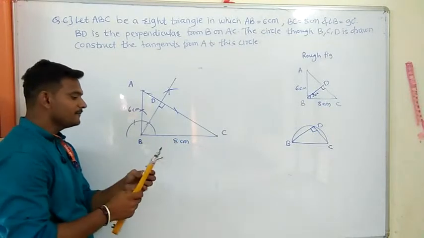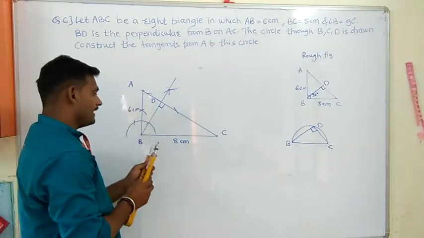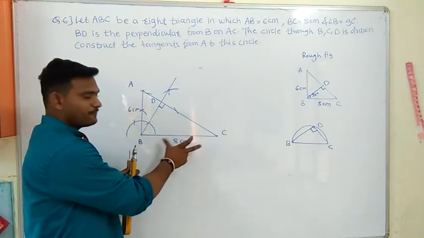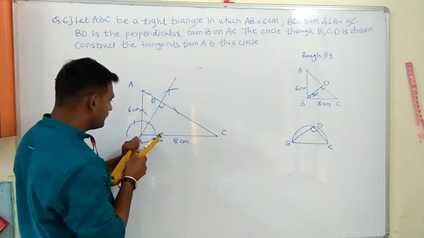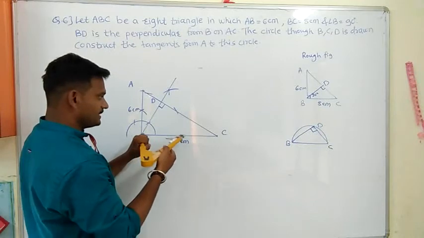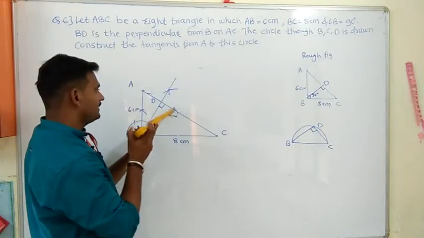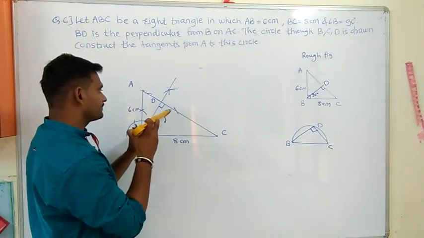BC is a diameter here. Now, to find the radius, we first have to find the midpoint of BC. How to find it? We have to take more than half of BC. See here, more than half of BC, and draw one arc here